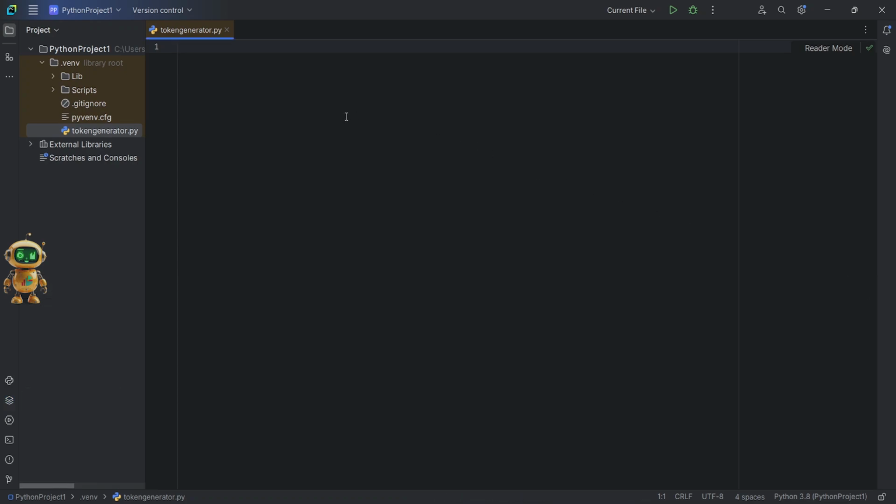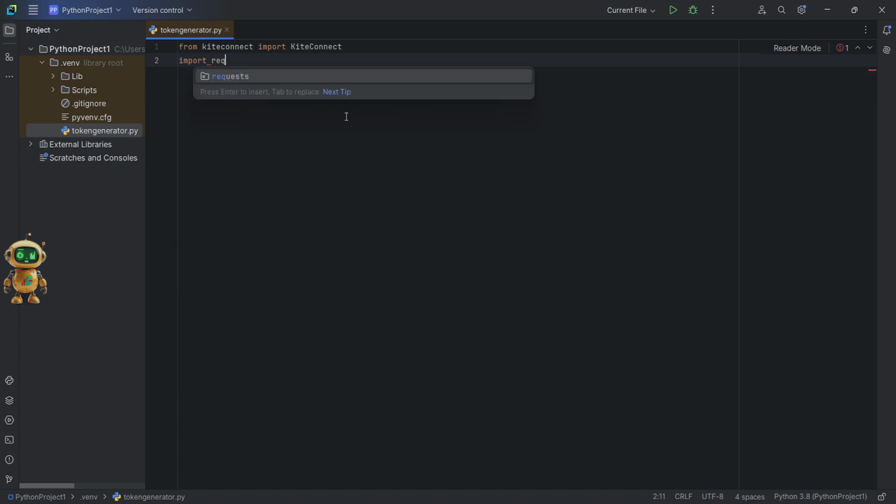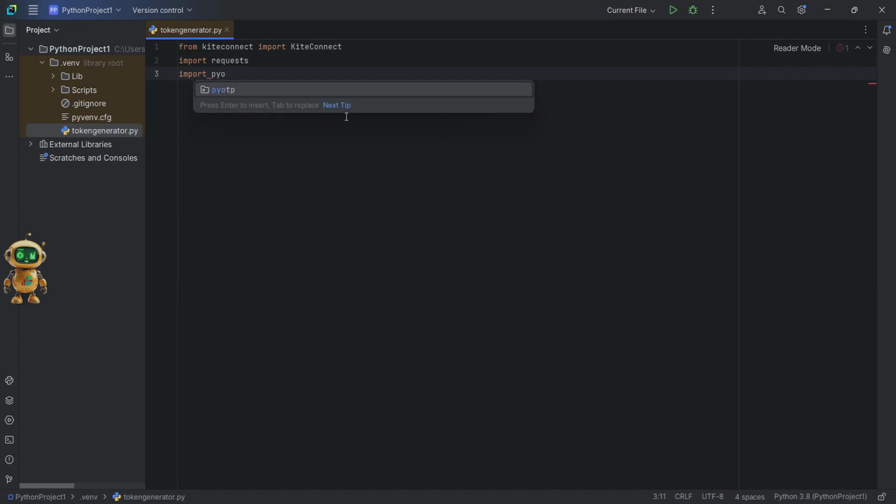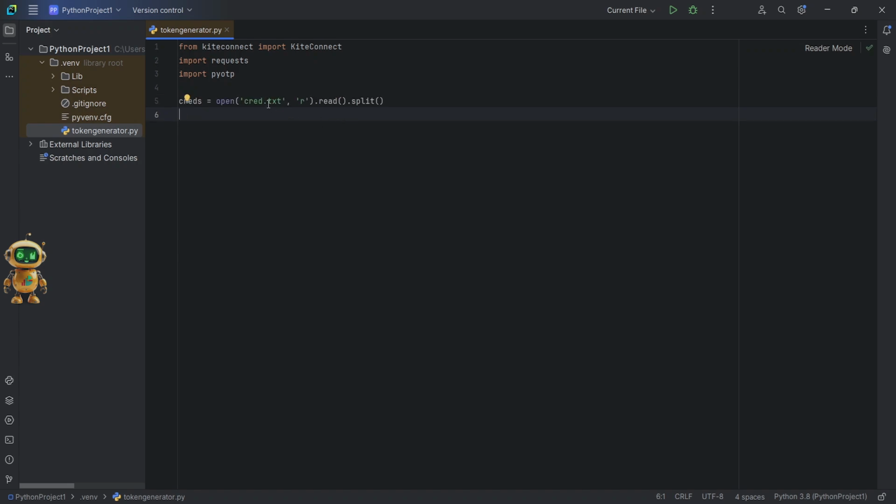Then we will import the required Python packages. Then we will create a text file with the required credentials.